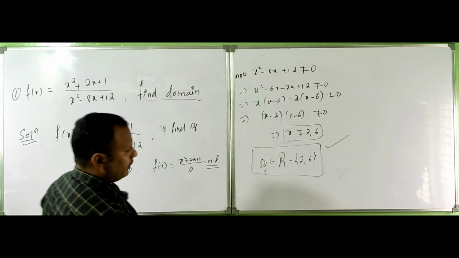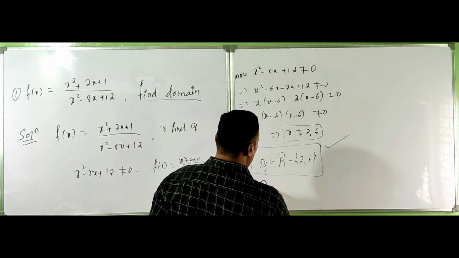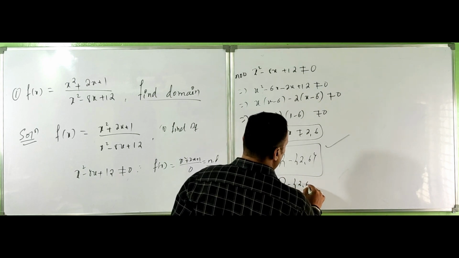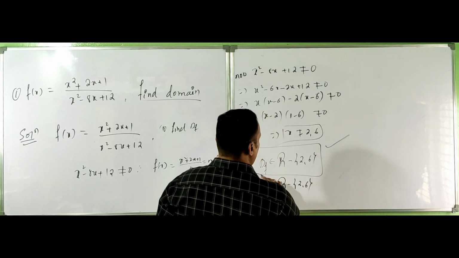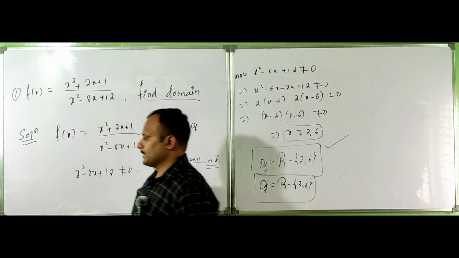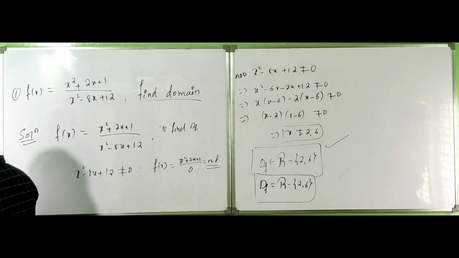I told you, you can write D of f is equal to R minus the set 2 and 6, writing both, right? Next question is,